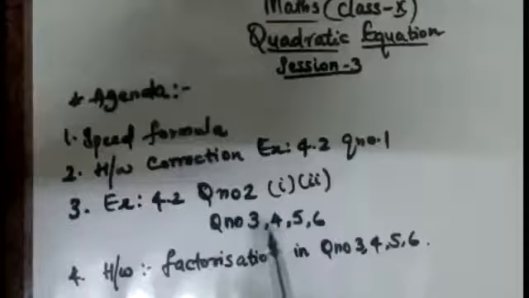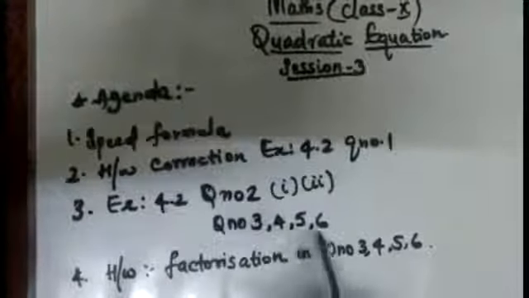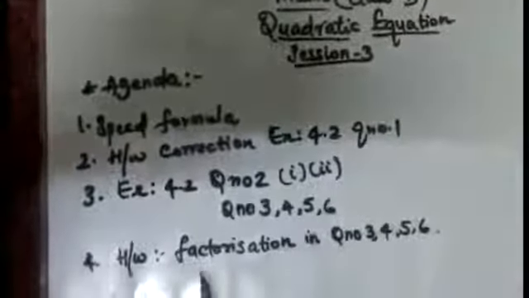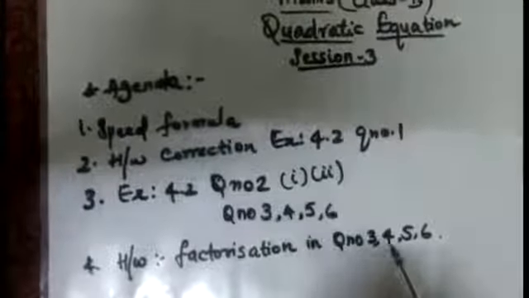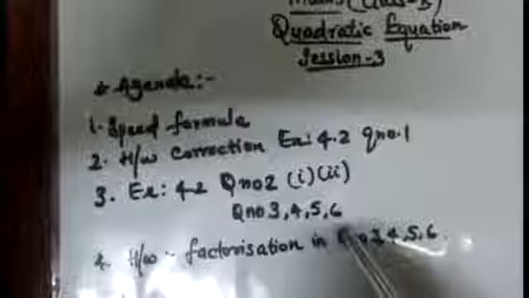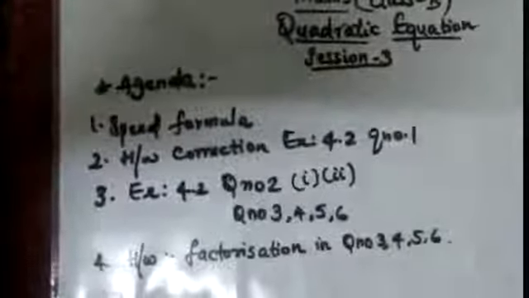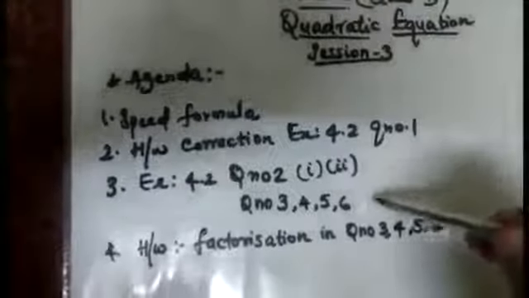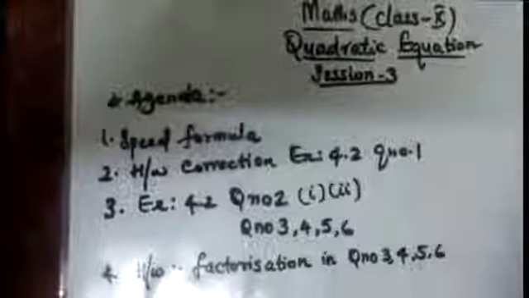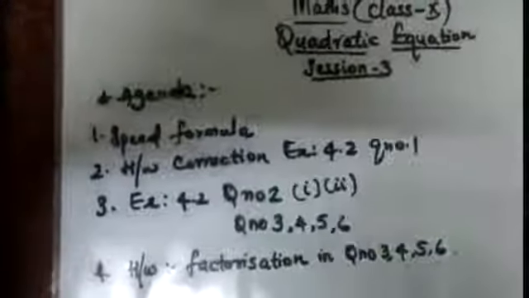But here there is a twist in your homework. Question number 3, 4, 5 and 6 are having the factorization part. So that factorization part I will be giving you as your homework. Okay, so you will get enough practice in doing factorization of polynomials. After that I will be giving just the direct answer. In these questions we will be framing quadratic equations. You will be doing factorization and you will check whether the answer is correct or not. I will be giving you directly the answer.